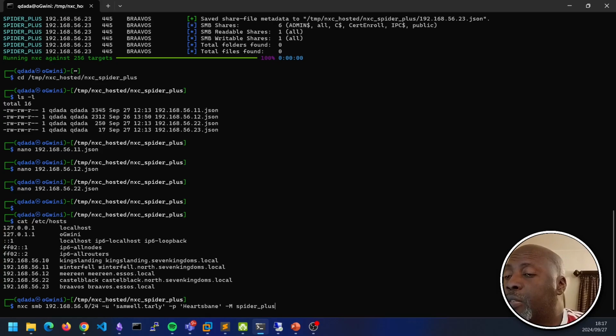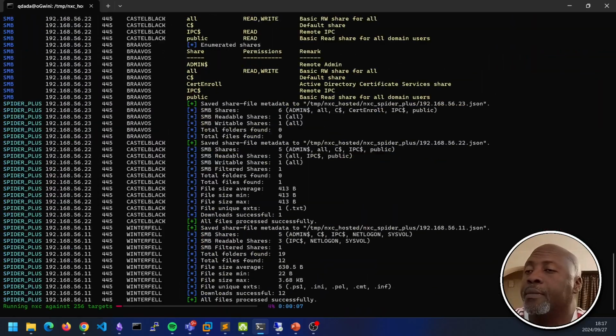We can go back to Spider Plus. There's an option to say, just reminding myself what the option is, just visiting my notes. There's an optional flag called download flag true, and then you run the same command again.